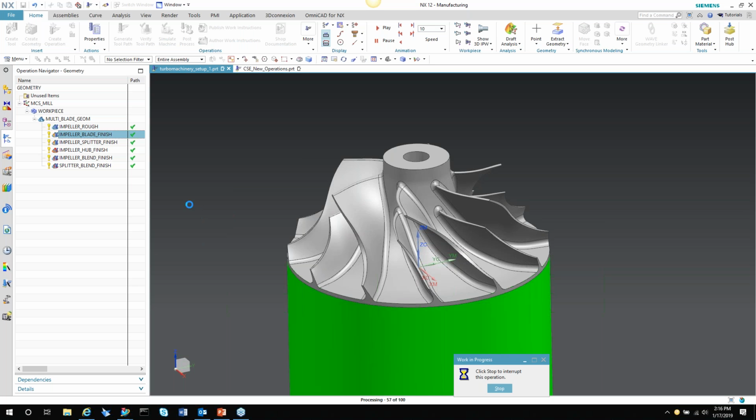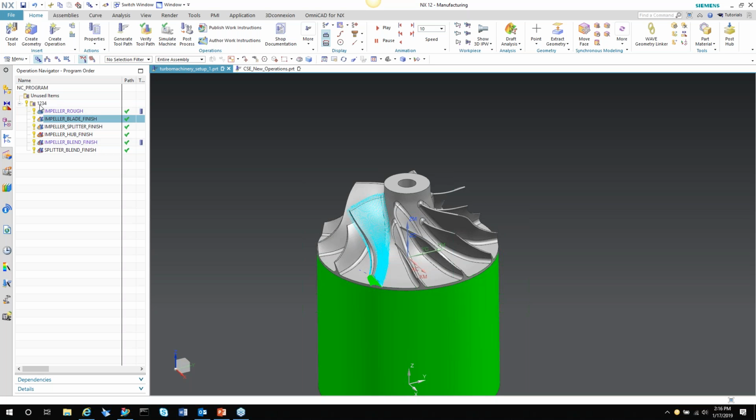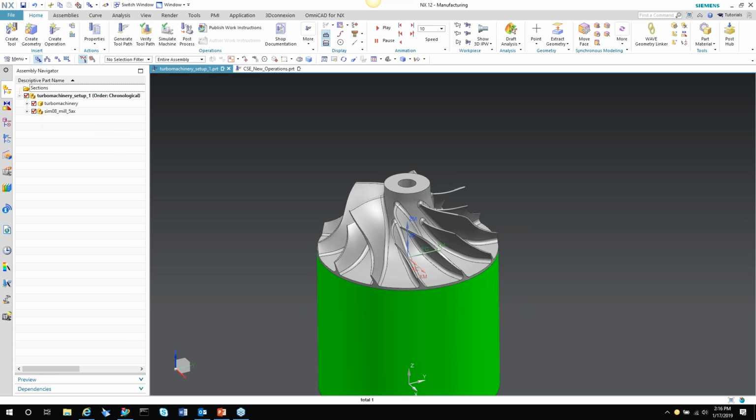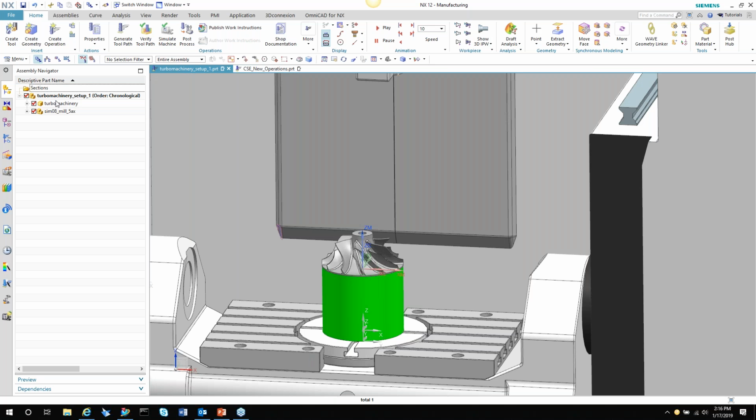But when I generate this and I turn the machine tool on, I do have a Trunnion style machine hidden in the background. I had to show it, to select the things that I had to select, and the time that I have in this operation to get the type of toolpath that I'm getting from this in a machine simulation